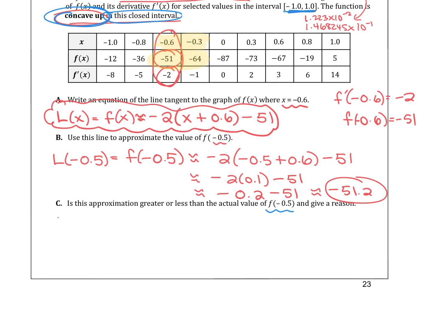So I'm going to say because f of x is concave up on the interval from negative 1.0 to 1.0,